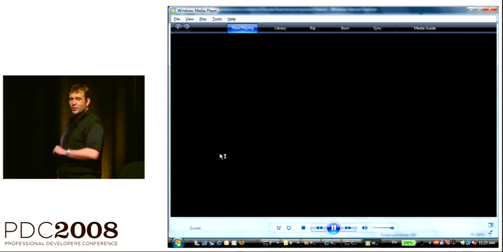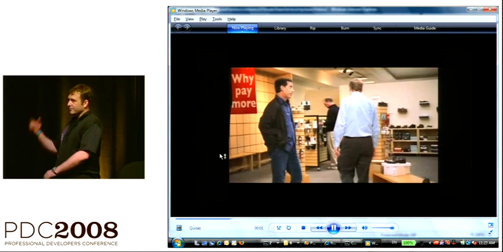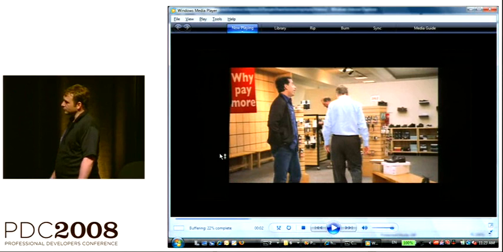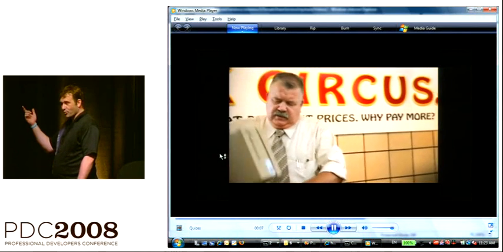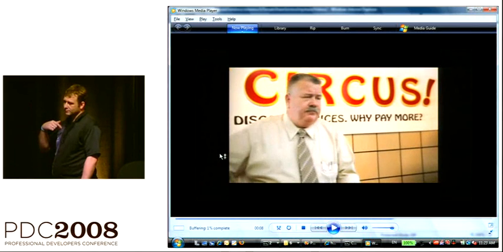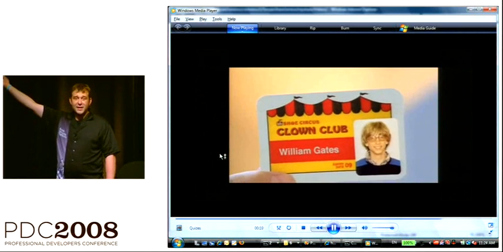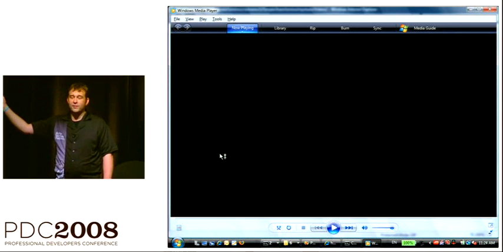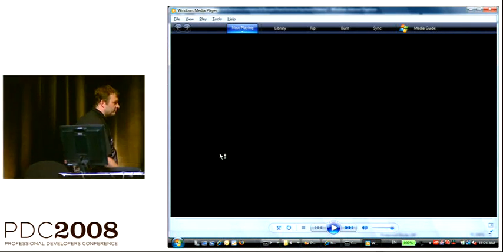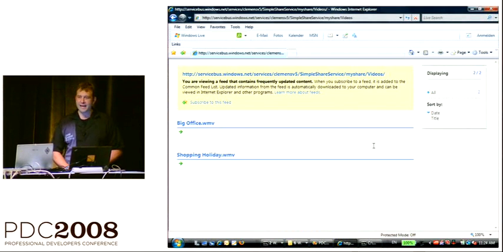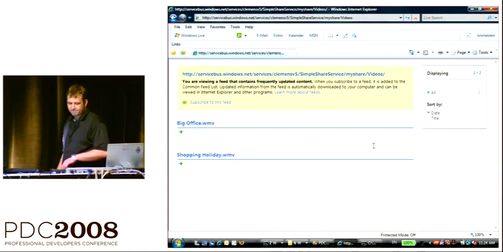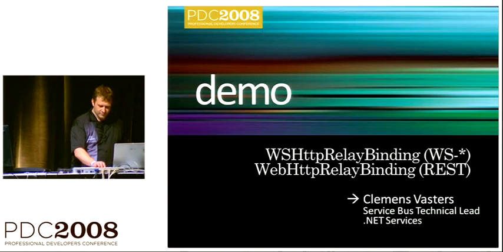Windows Media Player is now going to that URL all by itself, and it's streaming slowly but surely that video through the relay from my machine onto my machine, which is not a big trick, but I could hit that from any machine, so if you were hitting that URL, you can see the video right now. Also, a pretty amazing trick. That's REST for you. You can clap.